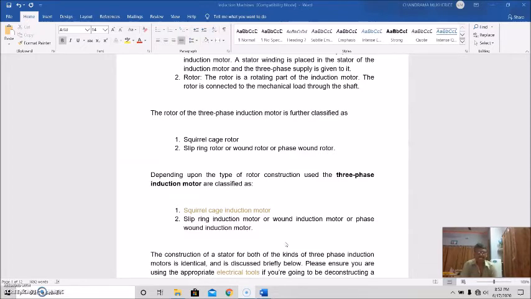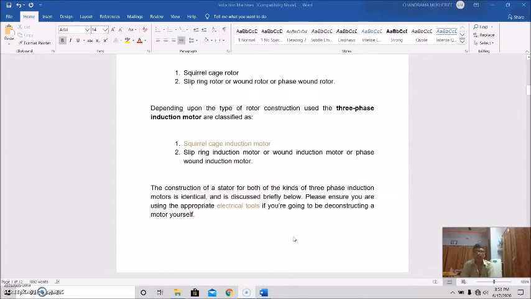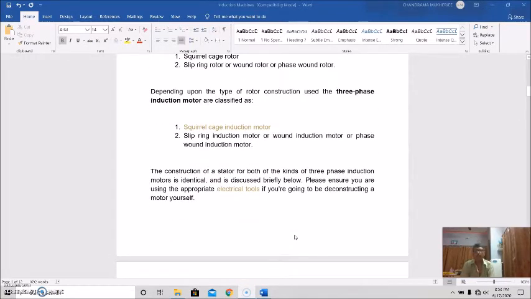This rotor is again divided into squirrel cage rotor or slip ring rotor, also called wound rotor or phase wound rotor, and depending on the type of rotor, the three-phase induction motor is classified into two main types: squirrel cage induction motor or slip ring induction motor, or wound or phase wound induction motor. So now we'll talk about